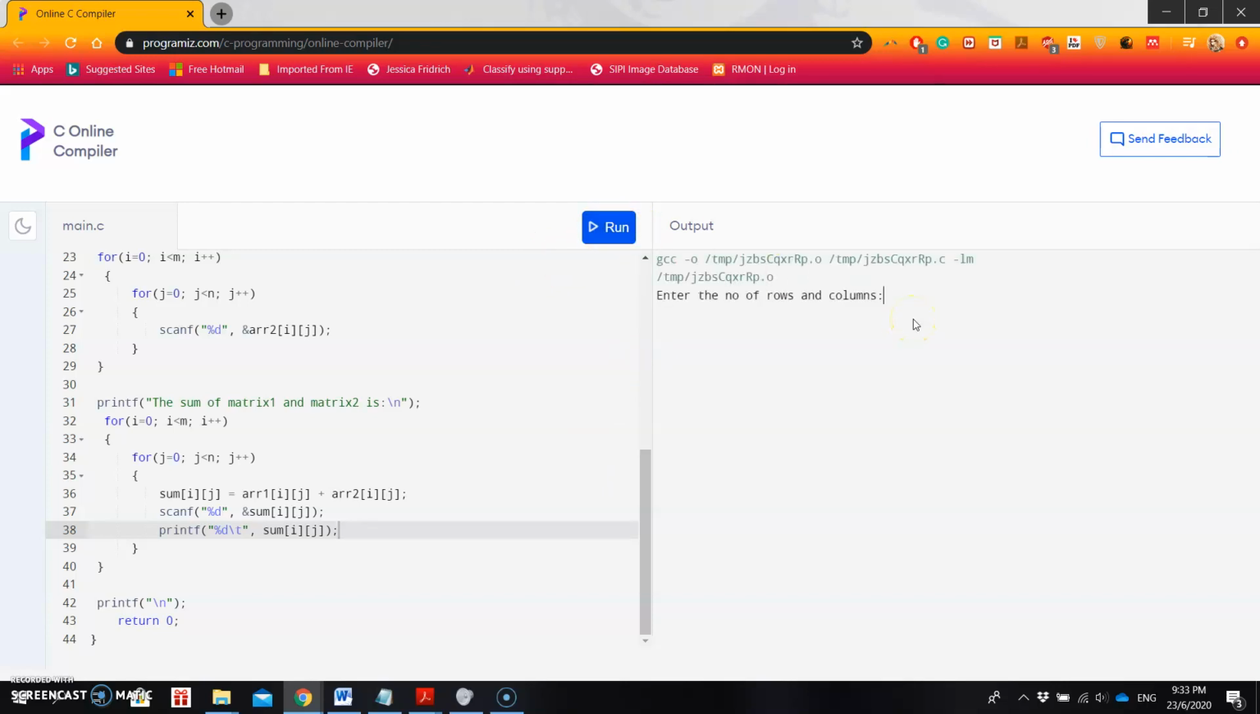Okay, enter the number of rows and columns. I want both to be 2. Enter the elements for the first matrix. I want 3, 4, 5, and 6. Enter the elements for matrix 2. 1, 2, 3, 4. So the sum of the matrix is